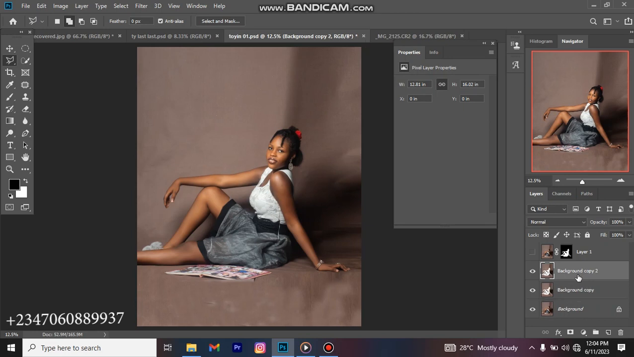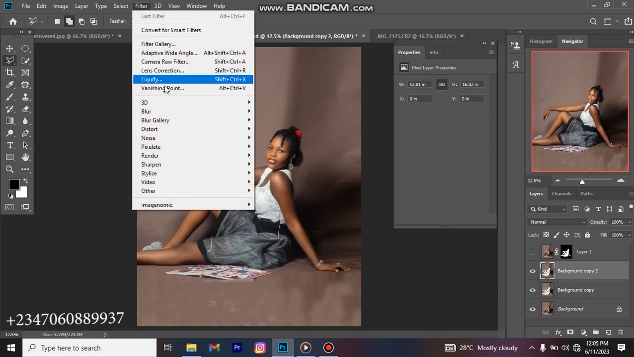So let me duplicate it there. Okay, leave this layer turned off. We want to zoom and clean this background now. So what we are going to do there is come to your filter, come to your blur, your Gaussian blur,